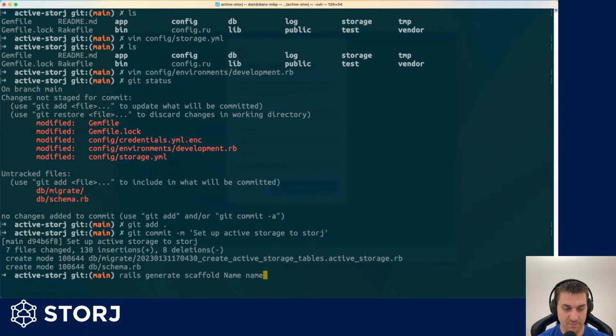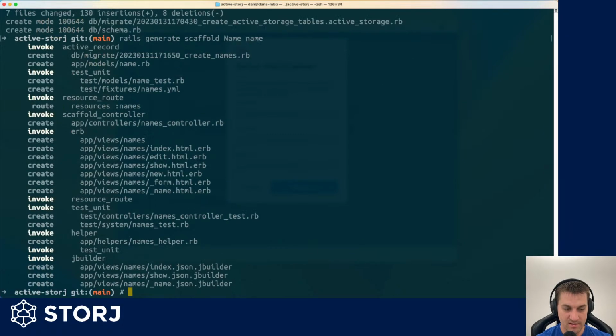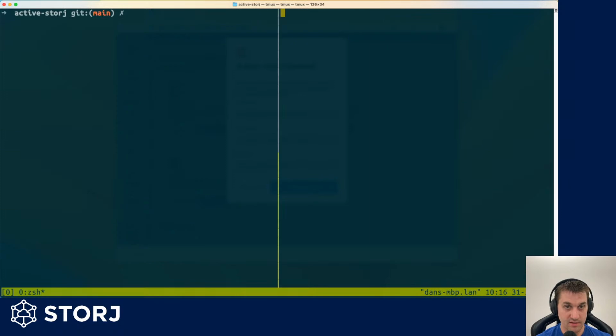Rails has a built-in scaffold feature that I'm going to use that will just give us a simple app. There it's creating a bunch of files. So if we go ahead and start our server,